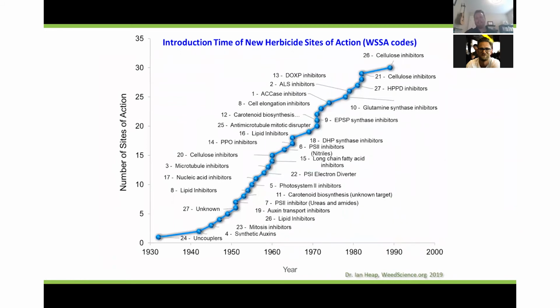And of course, when we're talking about these different types of herbicide resistance, it's an issue because we're working with a limited number of herbicide modes of action. Here we're showing the release of new herbicide modes of action over time. Initially it looks like there's quite a few. However, some of these have been either discontinued or are not used for our purposes here in Western Canada. The point that I wanted to make here is that essentially the timeline stopped about 3 decades ago, and there really has not been a new mode of action released in the last 3 decades up until just recently,